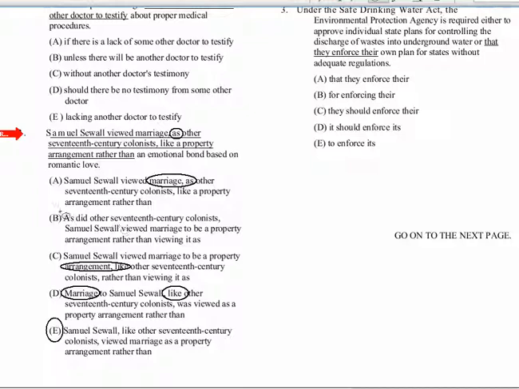As did other 17th century colonists is less graceful than starting with the subject of the sentence and giving us a very straightforward declarative sentence. E avoids this use of the word did and therefore makes the sentence more elegant and straightforward. Okay, let's look now at